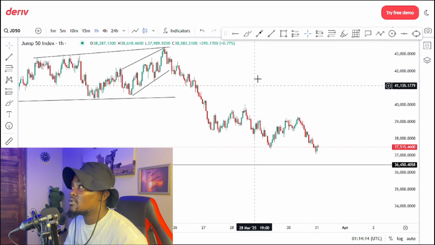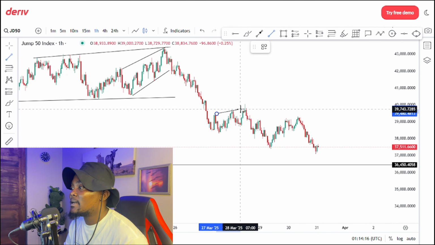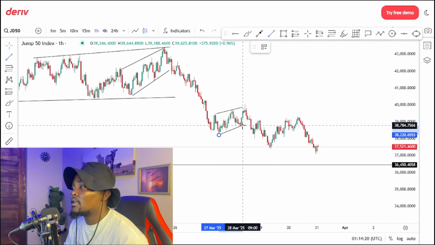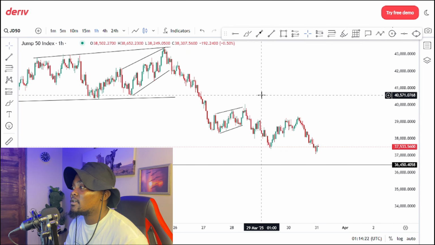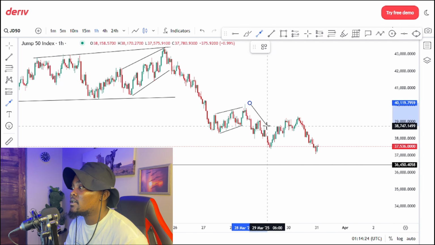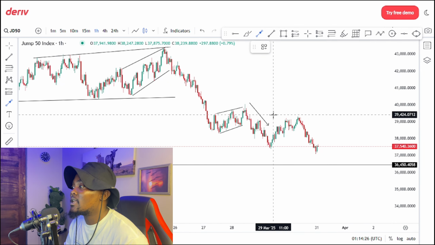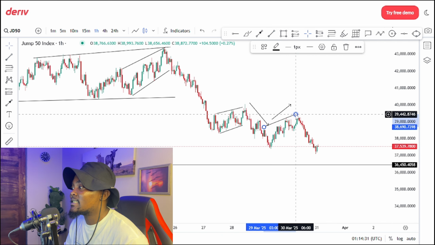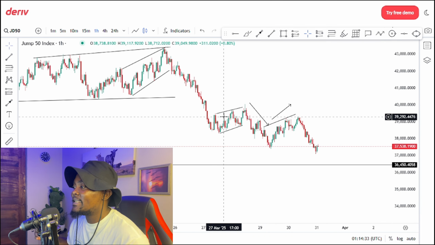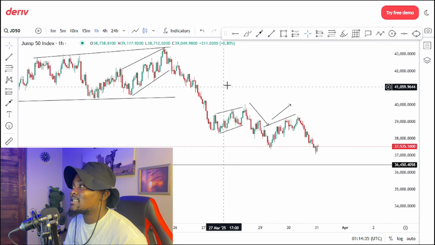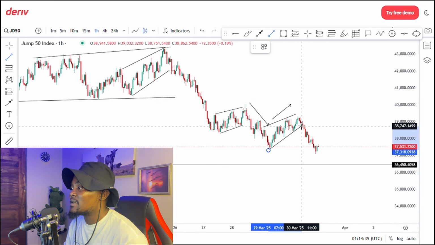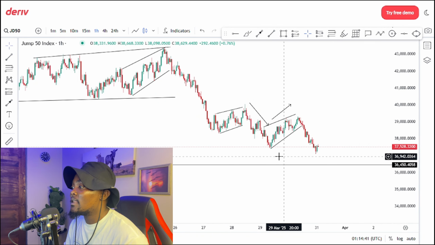So as you can see here, we also had that pattern that we talked about around here, just like that. And then after even that pattern, you can obviously see that we had a push to the downside. Then we had the correction, like I told you, in form of an ascending channel, just like that. But I was anticipating a bit more of a larger structure, just because this one was a bit small. Here I was expecting a larger structure, but the